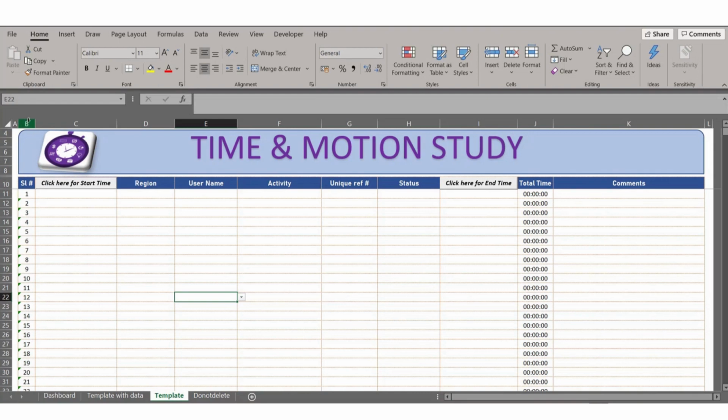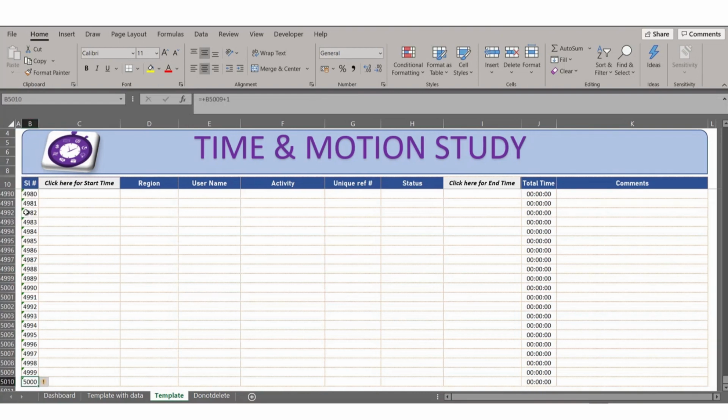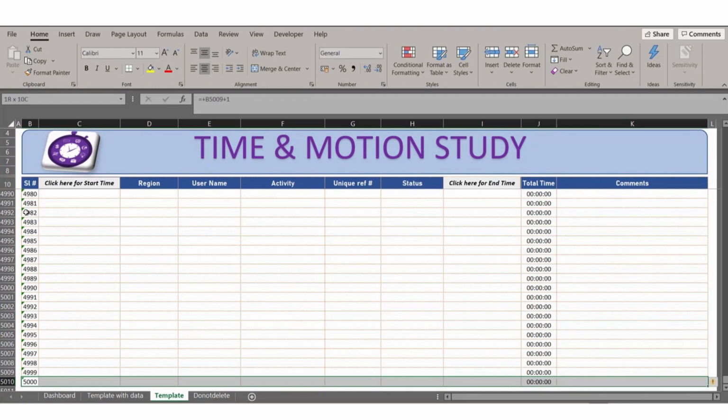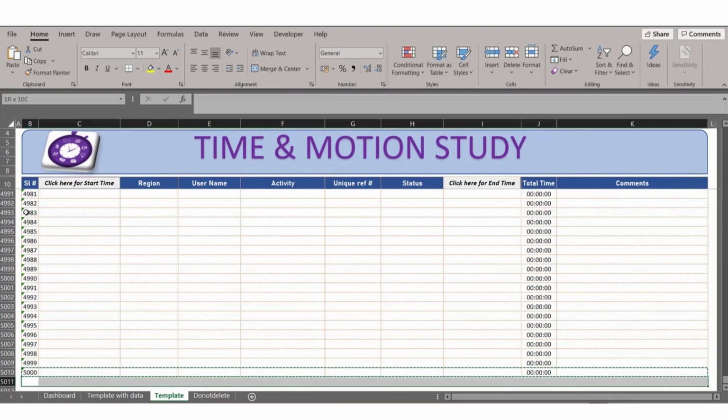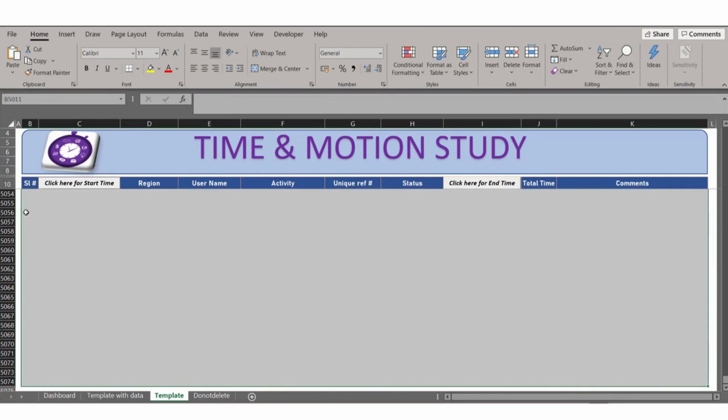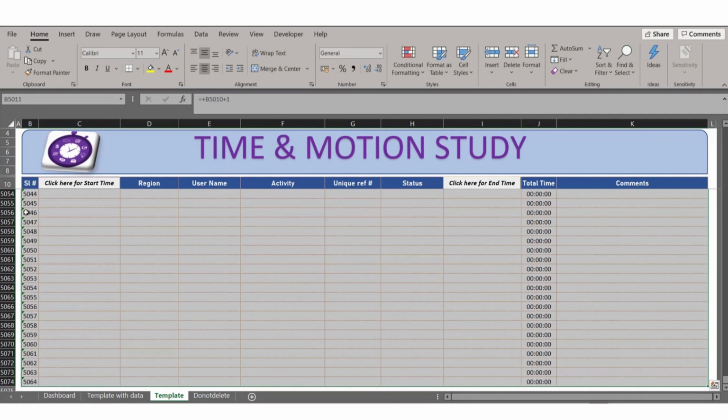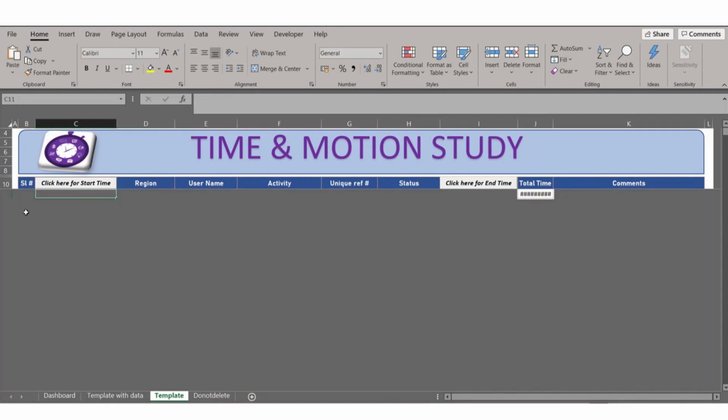So the first column is the serial number. Now we have close to around 5,000 line items, and if you want more, you can add them. So select the current cell, use Shift Control arrow, then Control E, page down, press enter, and this is how you can extend this further. So another 64 lines have been added. I will remove this for the time being.